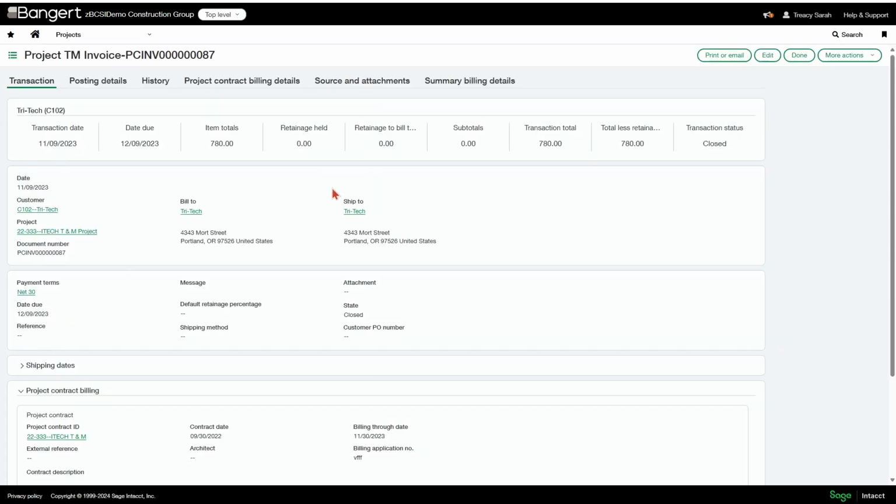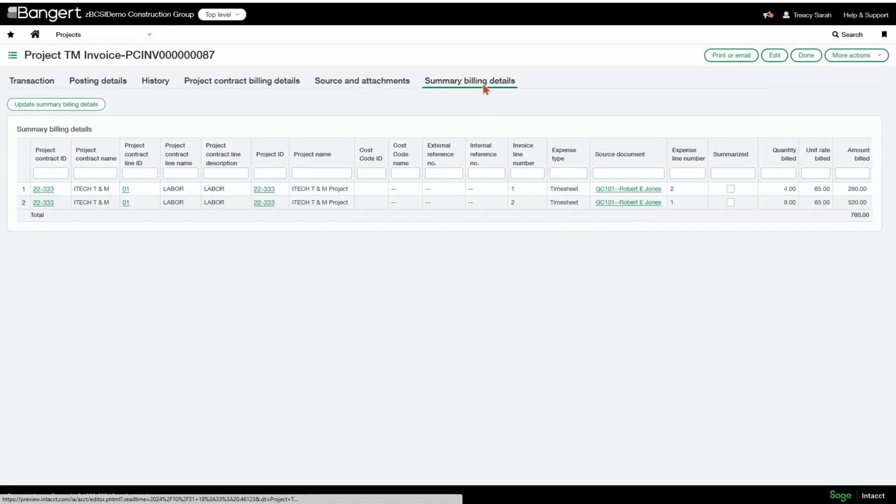And on my tab for summary billing details, it's broken out now by expense. It's itemized by expense. It previously in your project contract billing details would have rolled up to your project contract line ID. That is no longer the case in this summary billing details. You can itemize by expense, so that can be pulled onto your printed document templates to send out with your invoice.